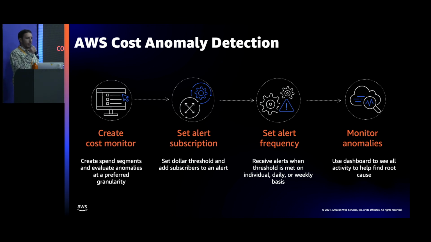And it's very easy to set up. All you have to do is create your monitor on either an account level or a tag. So again, tagging your instances, you'll be able to say, oh, for these instances that have these tags on them, I want to only alert on that. And then once you've done that, you would set an alert subscription, a threshold, just like you would with your